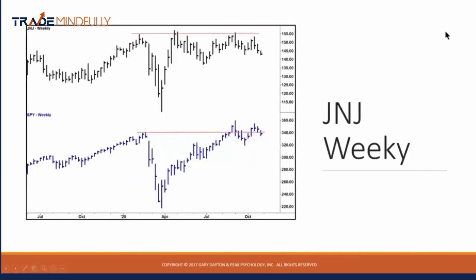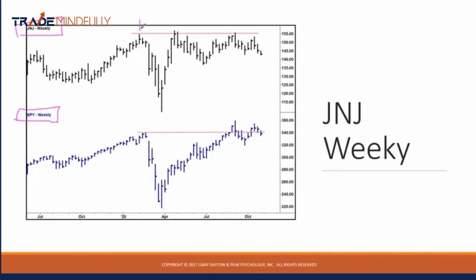Here's Johnson & Johnson, right? On a weekly basis, current chart to yesterday, and underneath of it I've put the market index. I'm using SPY here as the market. This is the S&P 500 in its ETF form, perfectly fine to use. And you can see that